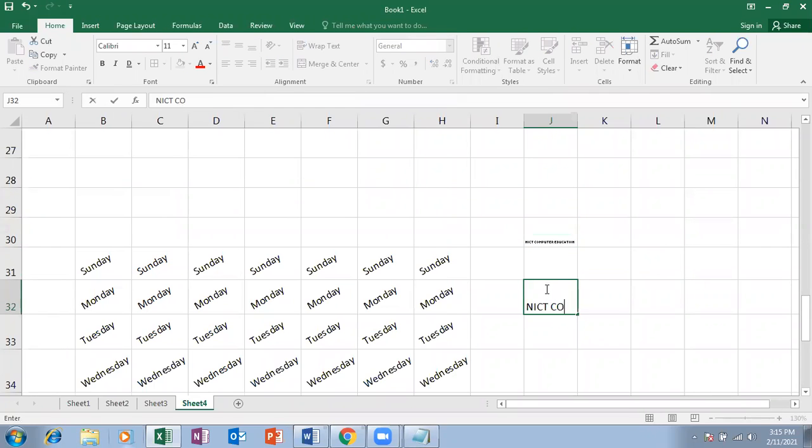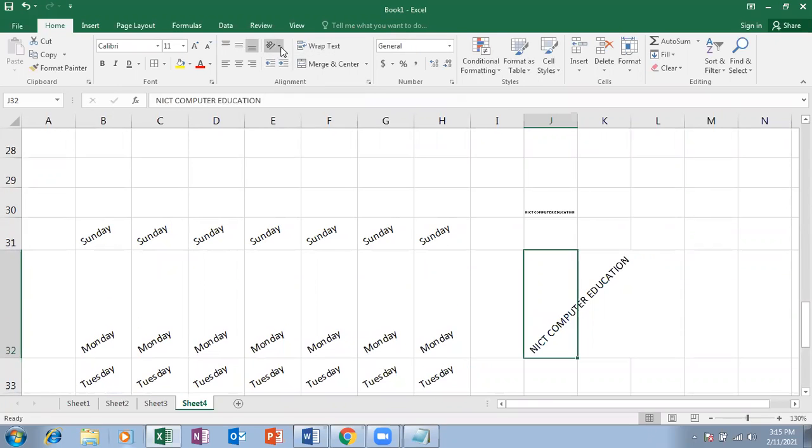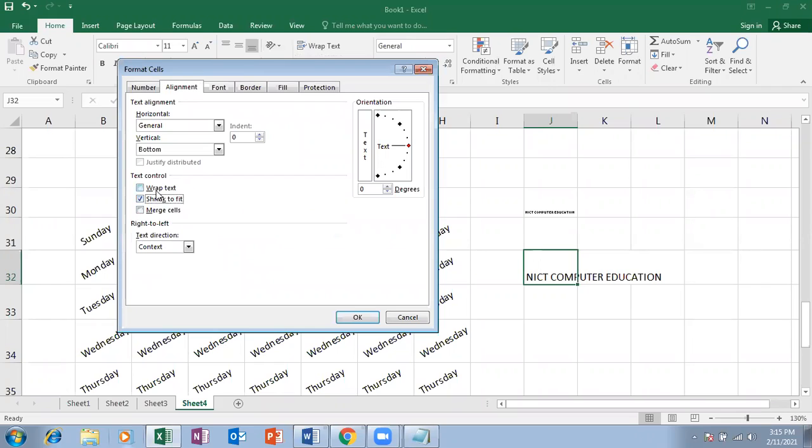See, let me type a big content, this much. It is going out of this particular cell, where it takes the space of the next column and another next column also. It even takes the space of K column and L column. I don't want it to take space from the next column, and everything has to be fitted within one cell. So then what I will do, just click on this, go for format cell alignment, shrink to fit, to shrink the entire thing to be fitted within the selected one cell.